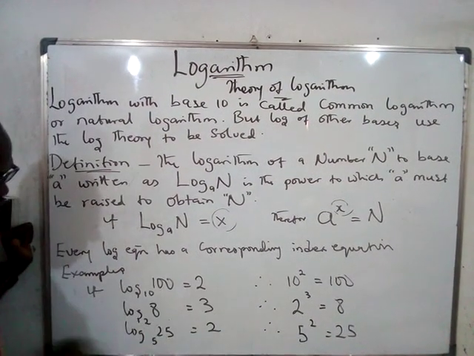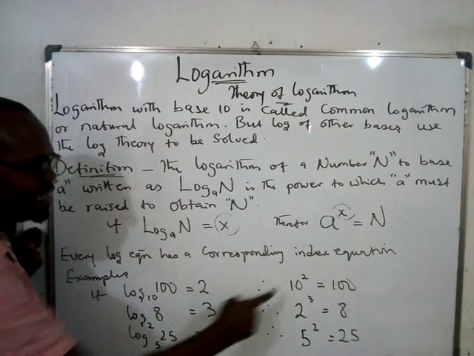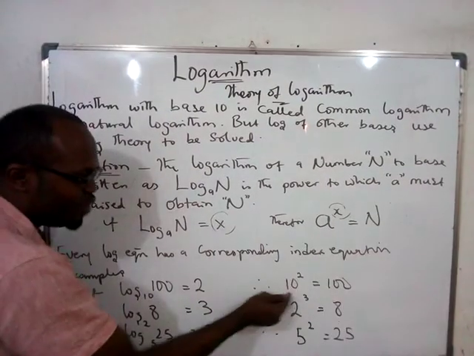If you look at this log now, you have log 100 to base 10 gives you 2. It means that the power that this base 10 must be raised in order to